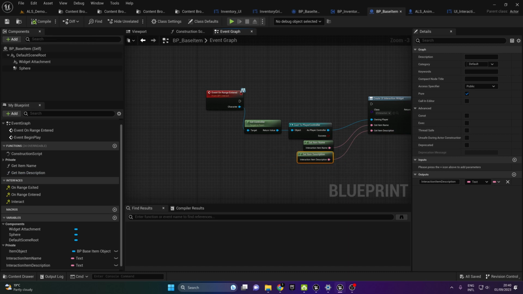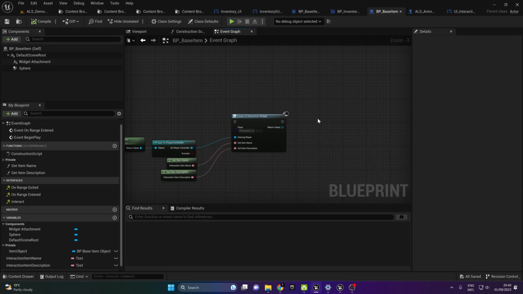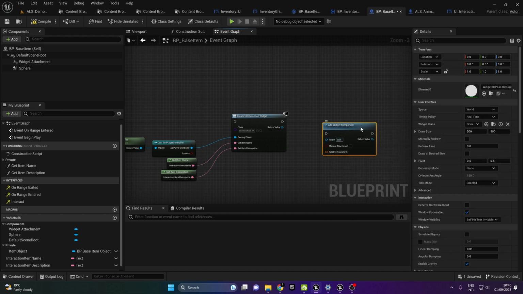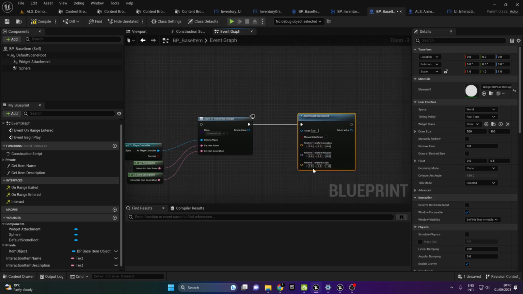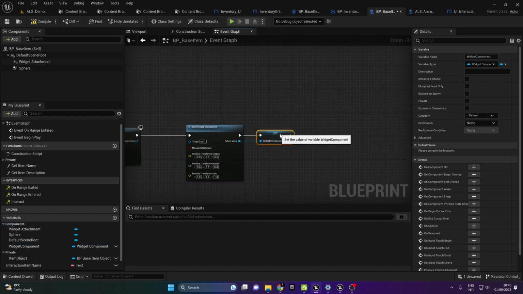Once we do that, we'll say add widget component, which will go here, and for the transform we just right click and split it. It will be 0, don't worry about it. We'll just right click and promote it to a variable, and we'll call it widget component, and